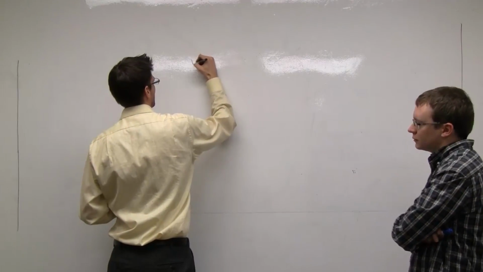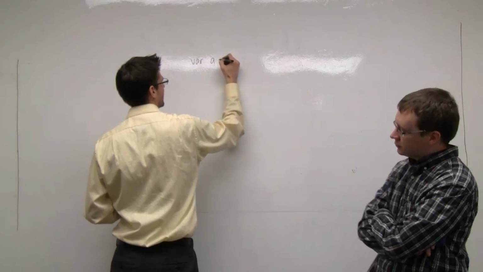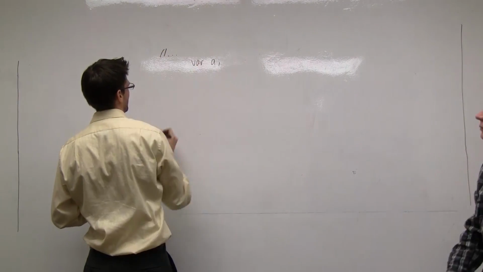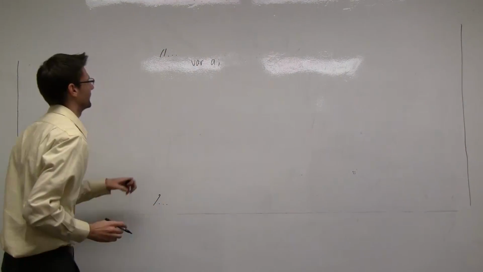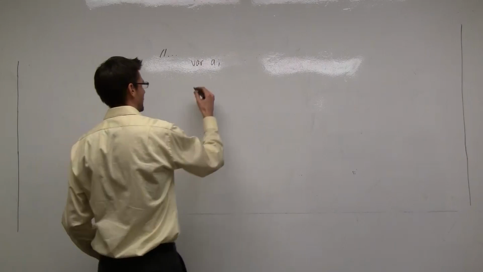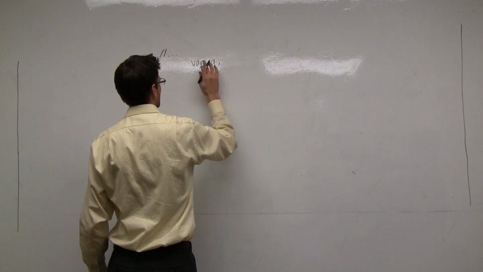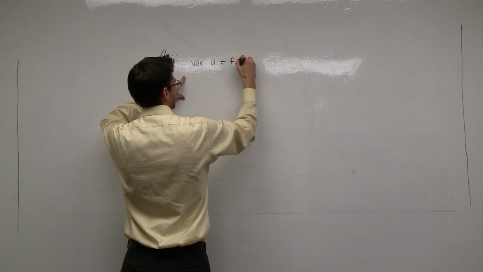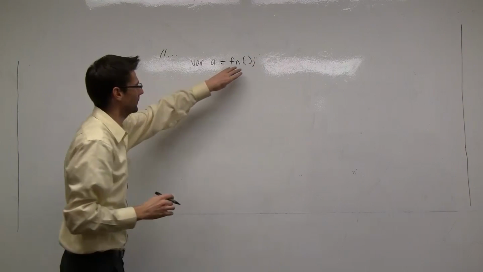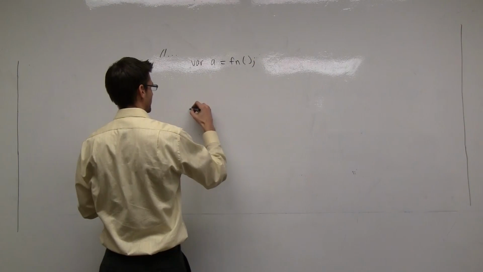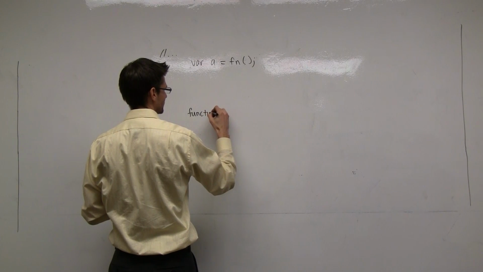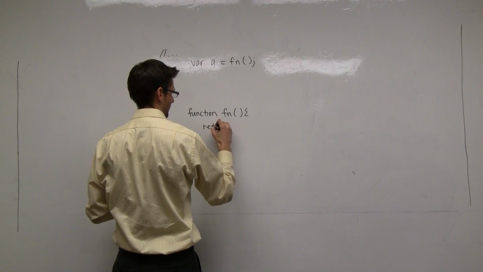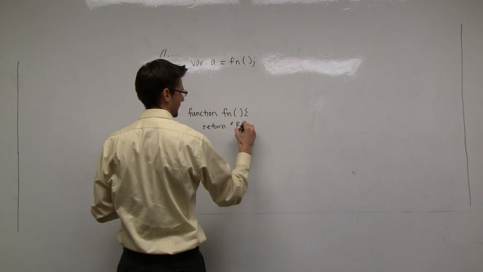But let's say you had a var a, and this is just inside of something inside your code. Let's say this is inside of a function call, and you actually make a function. If you were to have var a up here, and then say I want it to equal fn, so you want to get the result of fn. If you do it in function literal style, so if you were to say function fn, and then return something really quick like boo,